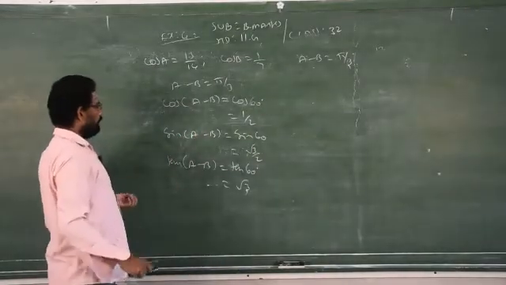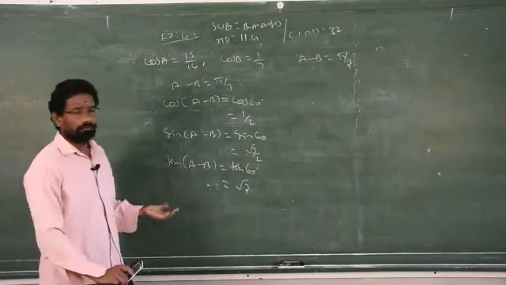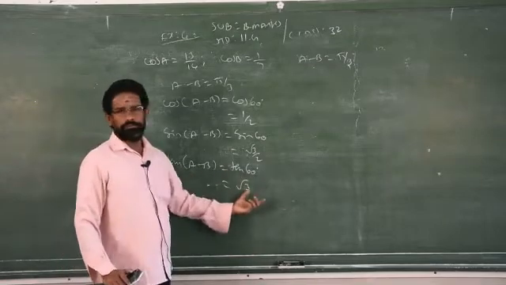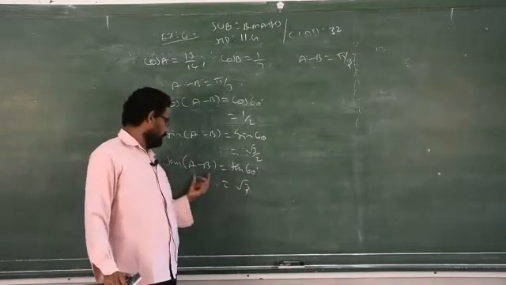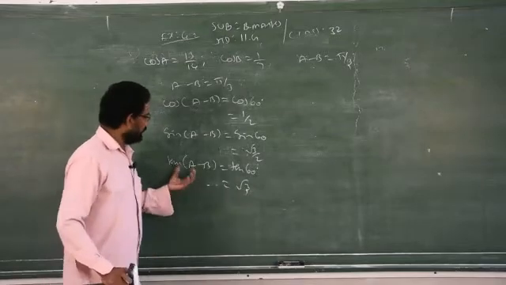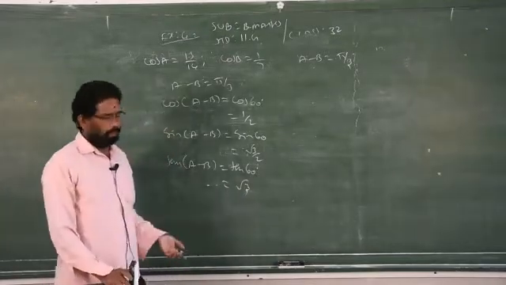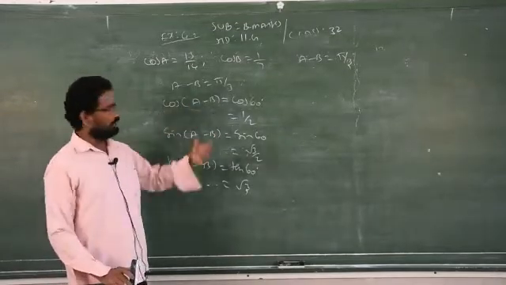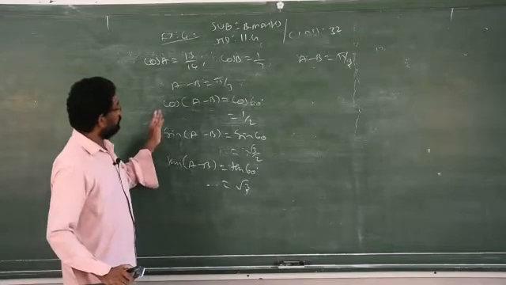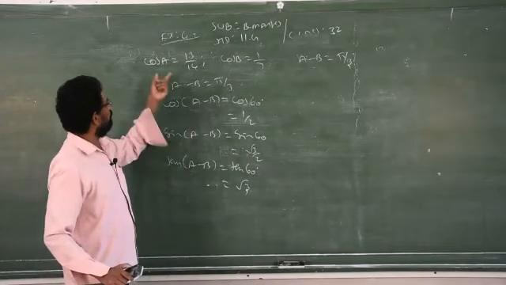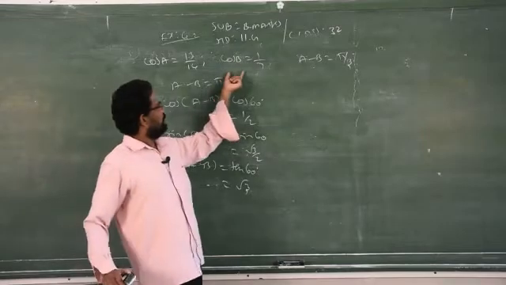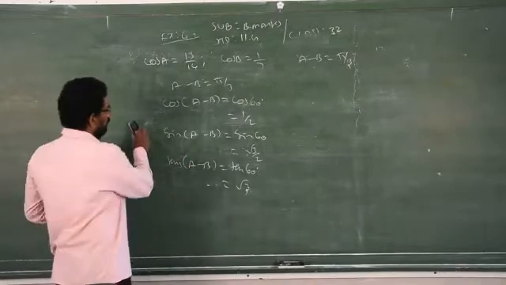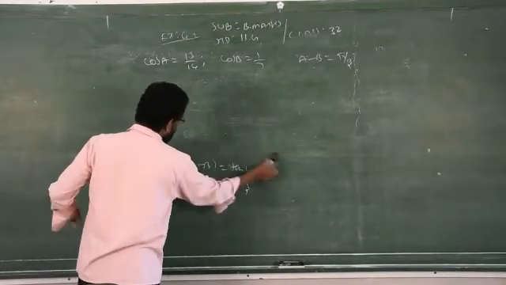Clear? So now I am using, it is your wish. Here I am going to take tan A minus B. That is very simple for me. So I am taking the tan A minus B formula. I prove that the answer is exactly how much? Root 3. Clear? If you want to use sin, you can use the sin A minus B formula also, or the cos A minus B formula also. Clear? If you use the cos A minus B formula, you have to find sin A from this information, sin B from the next information, by drawing the right angle triangle. Just now we did that in sum number 3. Follow sum number 3 and proceed, you will get the answer. Clear?